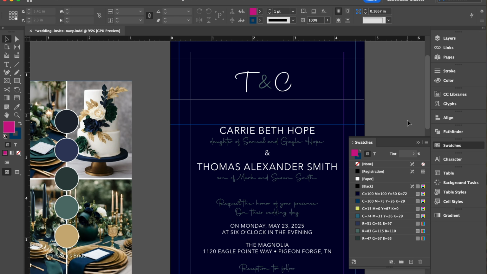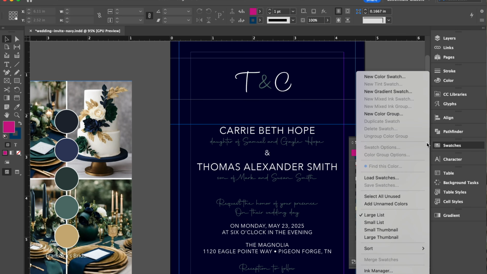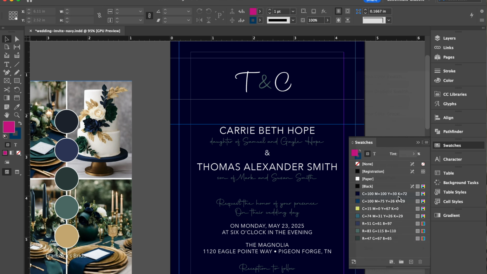But the really handy thing to do, and something that I always recommend to designers, is whenever you're finished with your document and you're ready to send it over to the printer, to clean up your swatches. The way you can do that is to hit this button here on the right corner, and then go down to select all unused. So it'll show you you're not using these swatches anywhere in your document. You can go ahead and grab all those, take them to the trash can, and that really cleans it up